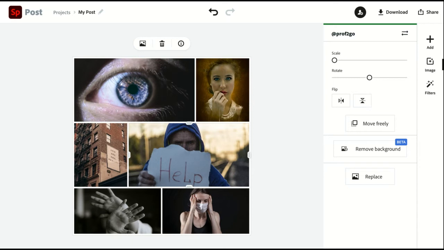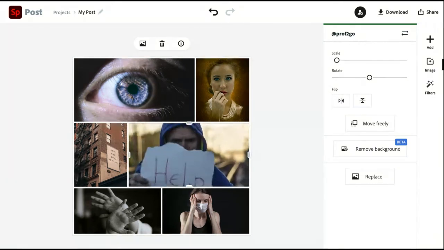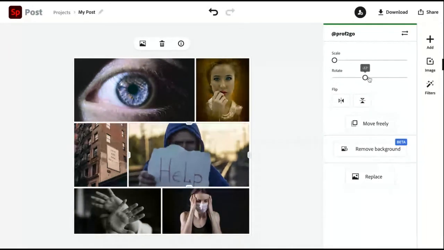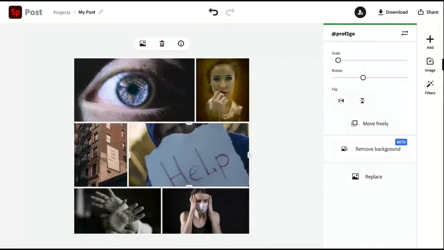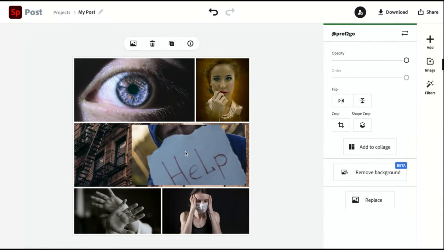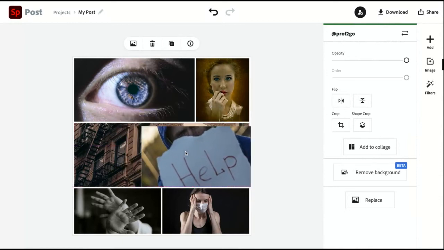Okay. So as you can see, I've got this thing here, and you can change the scaling inside the image. You can rotate an image. You can do free movement of the imagery.